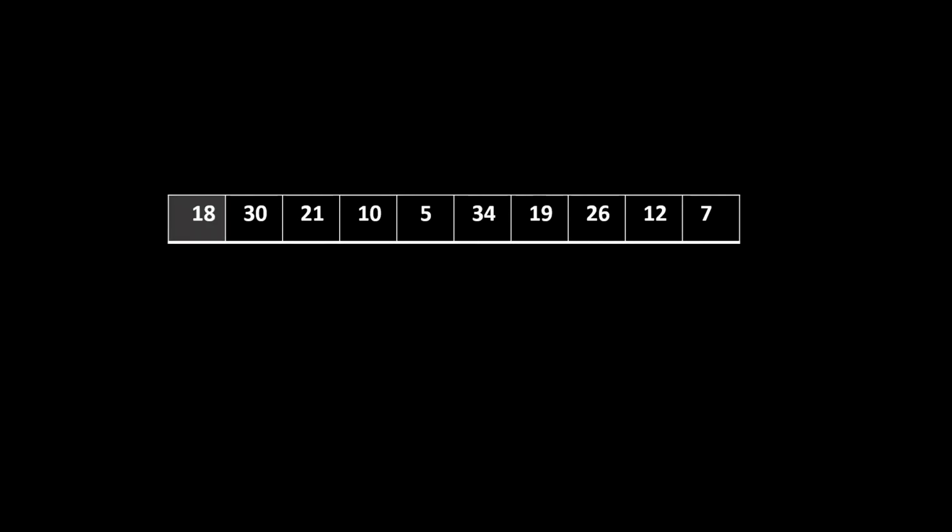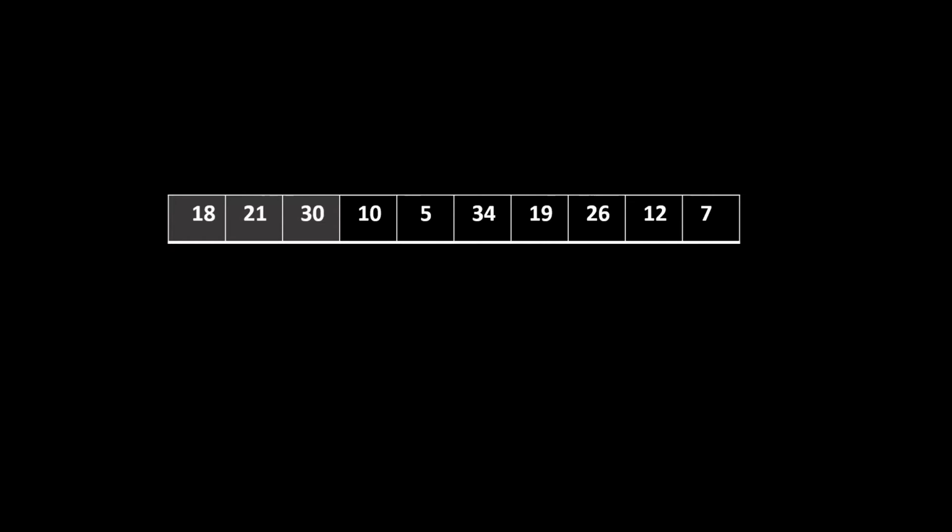The elements of the unsorted part are compared to the elements of the sorted part. So 30 is compared to 18. Since 18 is smaller than 30, its position will not change. So 18 and 30 both will be part of the sorted array and the remaining will be the unsorted array. Again 21 will be compared to the elements of the sorted array and placed between 18 and 30, and 30 will be shifted to its right. So 18, 21, 30 is a sorted array.